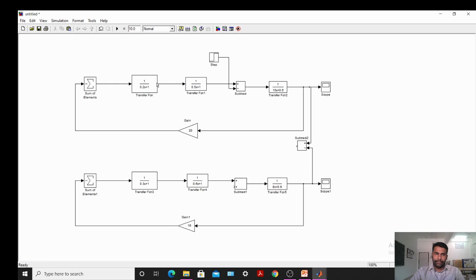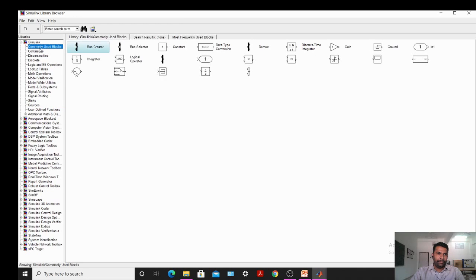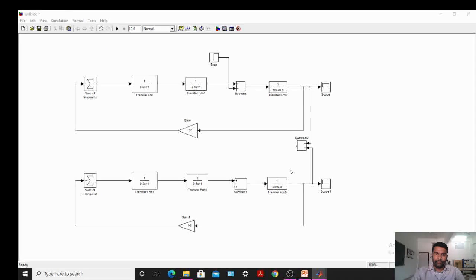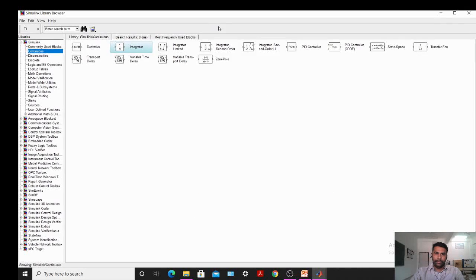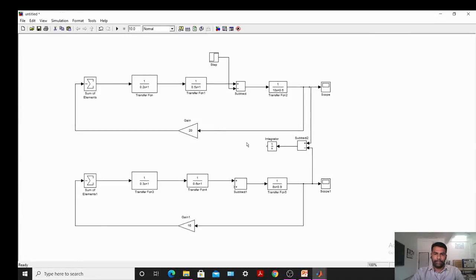Then we will add one integrator. Rotate this integrator block. Then we will add the constant block for synchronizing coefficient. So commonly used block, you will find the constant block. Add constant block, rotate this block,